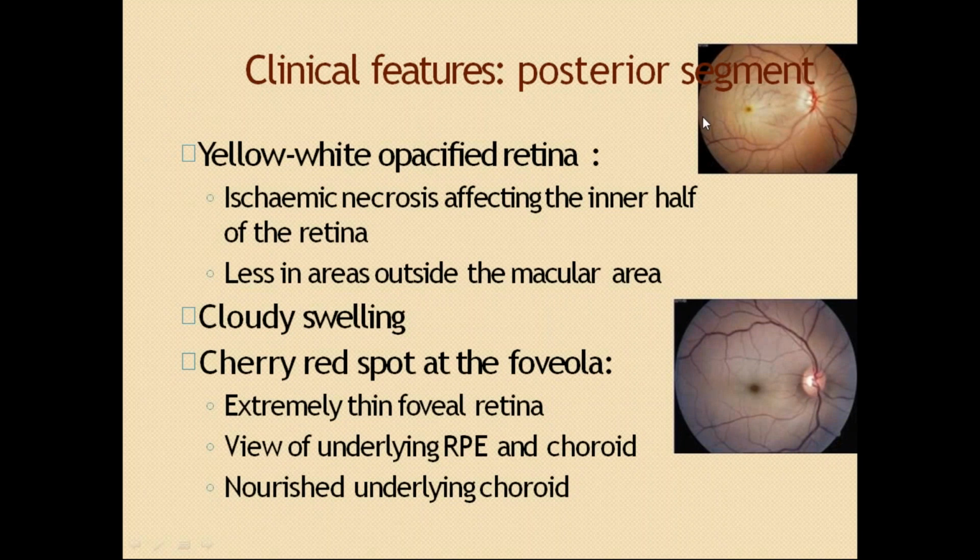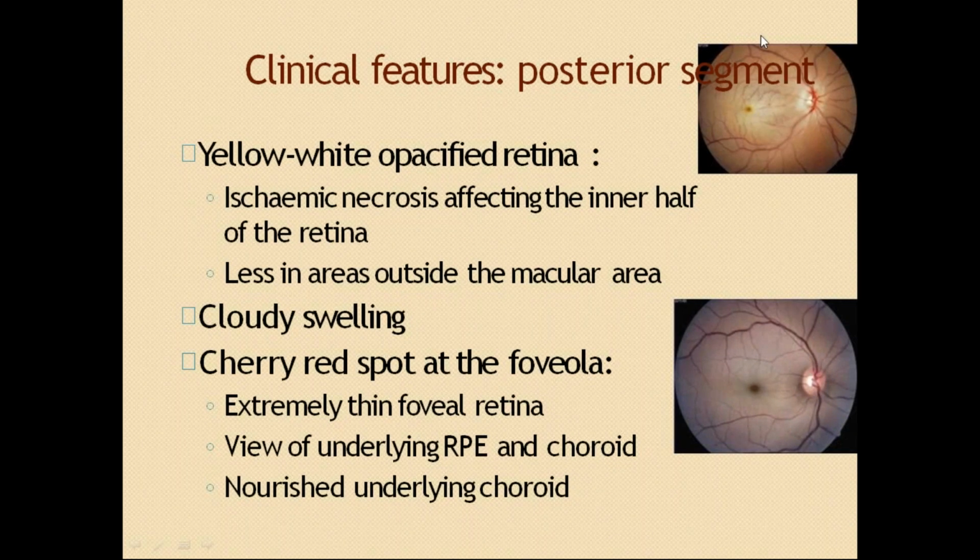Okay. So clinical features in the posterior segment, how the retina appears, because I told you the retina will get the nutrition from the central retinal artery. Once there is no nutrition from the central retinal artery, there will be swelling of the retina. There will be edema of the retina. So you can see the normal retina here, it is orangish red in color, but here you can see it is pale color. Okay, so in this part the retina will appear pale.